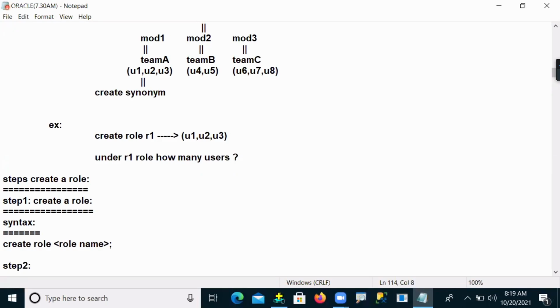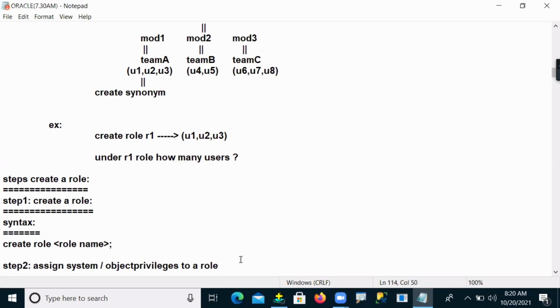What is my step number 2? Step 2 is to assign system or object privileges to a role.